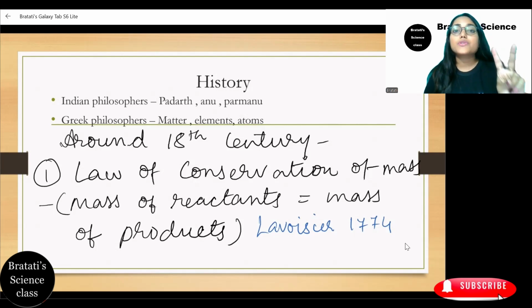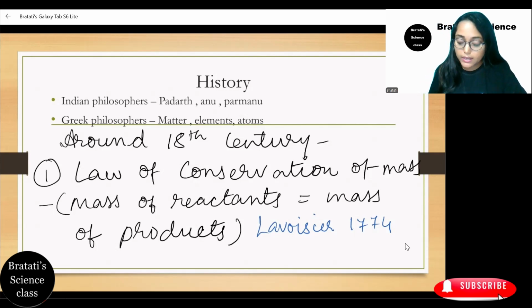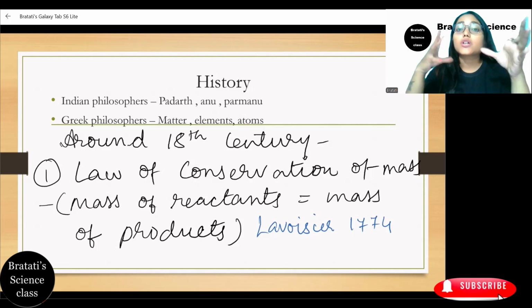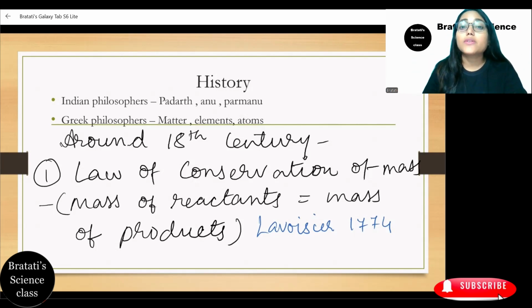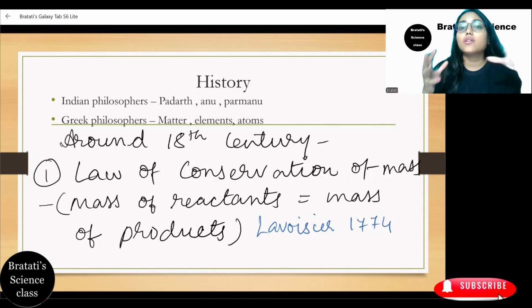All right, so around the 18th century, two laws were proposed on chemical compounds and chemical combinations. The first one was the law of conservation of mass, proposed by Lavoisier in 1774. तो उन्होंने बताया कि लॉ ऑफ कंजर्वेशन ऑफ मास मींस इफ कोई केमिकल रिएक्शन है तो रिएक्शन के पहले और आफ्टर द रिएक्शन देयर विल बी नो चेंज इन टोटल मास ऑफ द रिएक्टेंट्स. So the total mass of reactants is same as the total mass of the products. We will see an example.